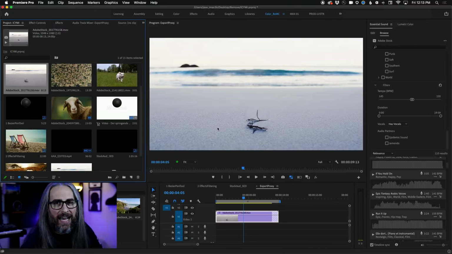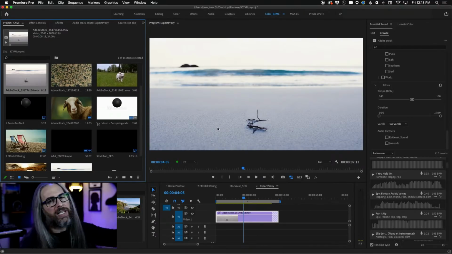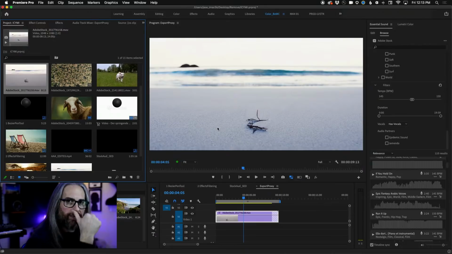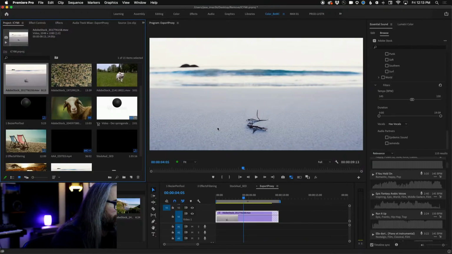Similarly, if you do that in After Effects, you can hold down Alt on a layer. If you're trying to replace, specifically if you're doing a shape layer or a vector layer, sometimes you have an updated version from Illustrator. Hold down Alt, drag it on top of itself, it replaces it. Same concept here, but with drop zones in the program monitor. So that's another one of those super useful ones.